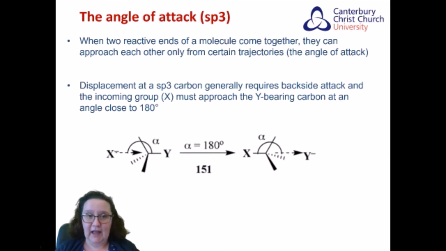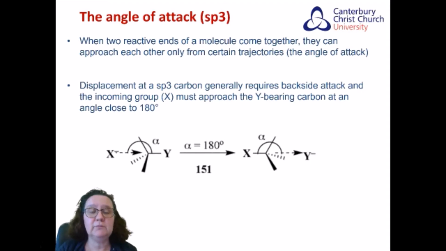The angle of attack. When two reactive ends of a molecule, your X and your Y fragment, come together, they can approach each other from particular trajectories that will be more favorable, and that's what we call the angle of attack. So, for example, when you are attacking an sp3 carbon or an sp3 atom, that typically involves an